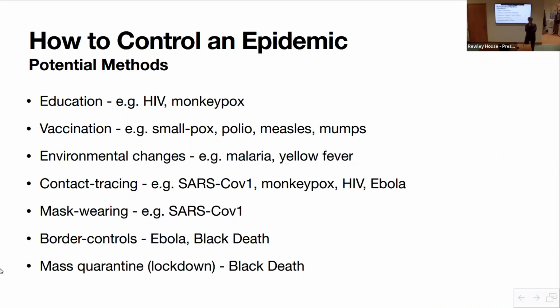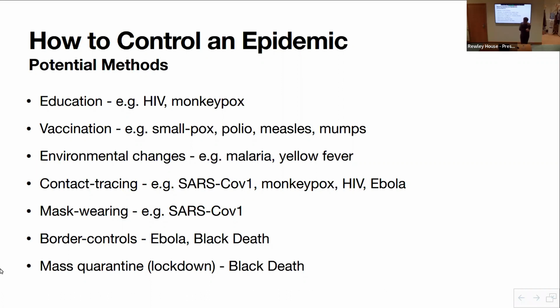You then get on to contact tracing. Contact tracing is in many ways the go-to thing used by public health authorities when a new infectious disease is discovered. That essentially works by someone interviewing the person who's been confirmed as a case, and then finding out who they've been in contact with, going and talking to them and advising them to get tested and things like that, and certain measures to help them try and prevent spread on from those people.